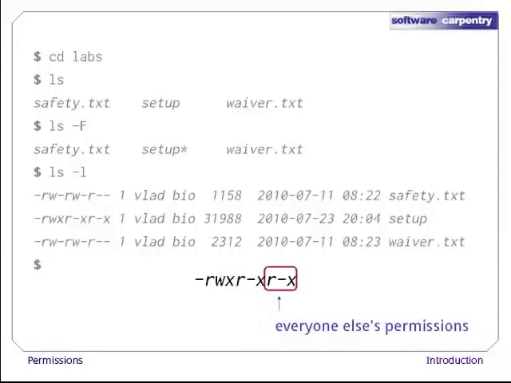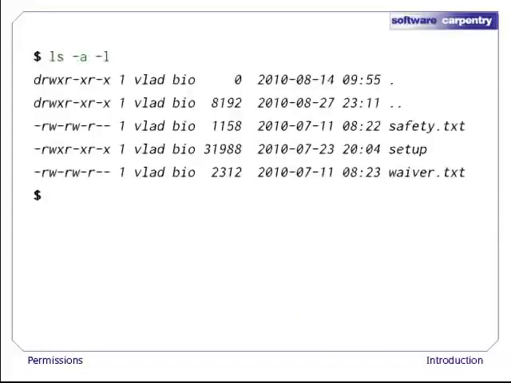The final triplet shows us what everyone who isn't the file's owner or in the file's group can do. In this case, it's r-x again, so everyone on the system can look at the file's contents and run it. Before we go any further, let's run ls -a -l to get a long-form listing that includes directory entries that are normally